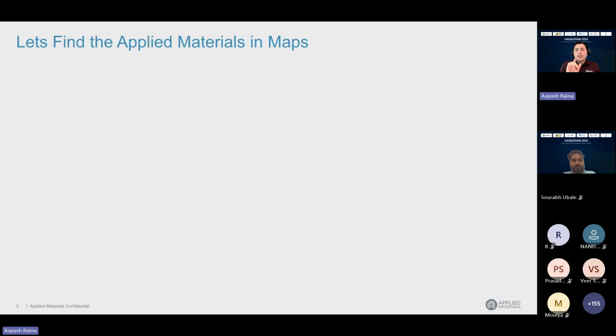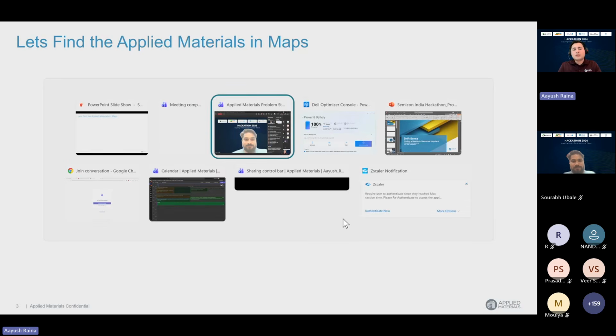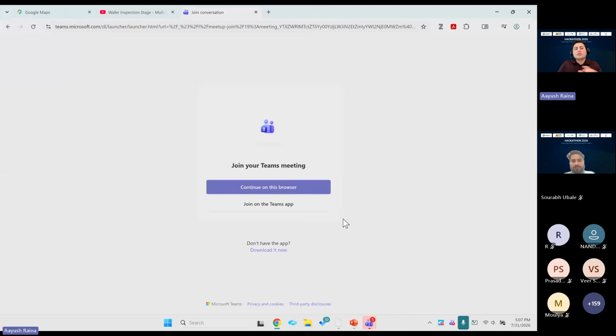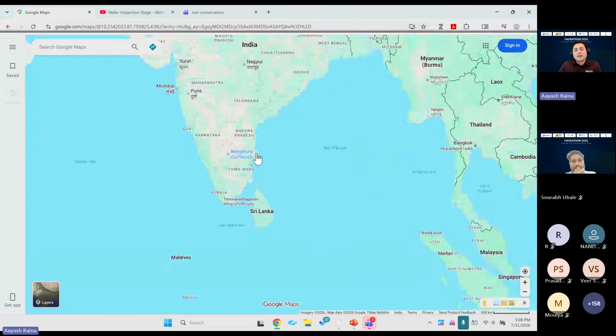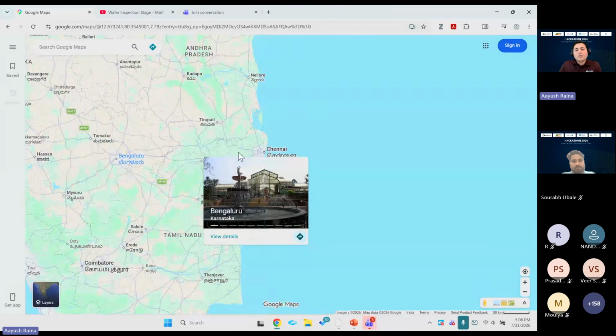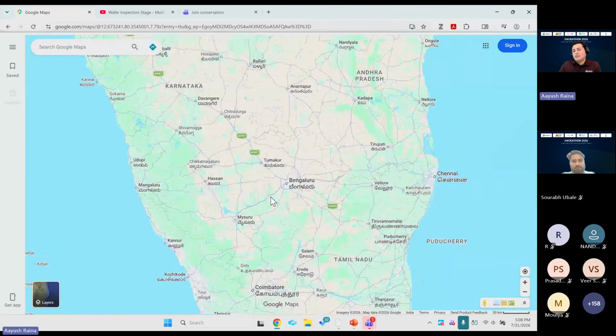So now I want to give context on why this problem matters. I want to give a real use case of how you work with Google Maps today. Let's say in Google Maps, if I search for Applied Materials, it knows where to go and find the Applied Materials Bangalore office. But now let's say I don't want to do that. I want to search by my mouse alone. So I will first move towards south India, then focus somehow on Bangalore. Now again, bring Bangalore to the center of my screen.